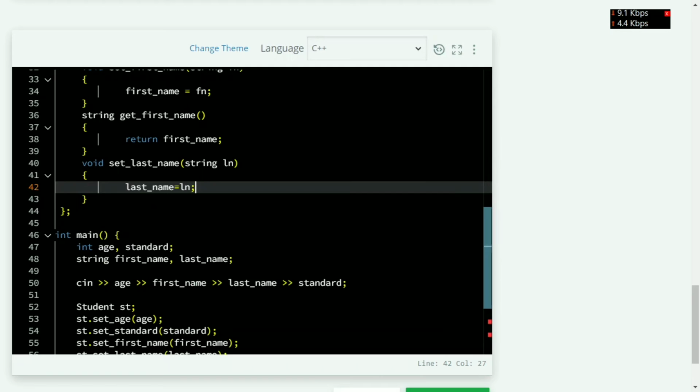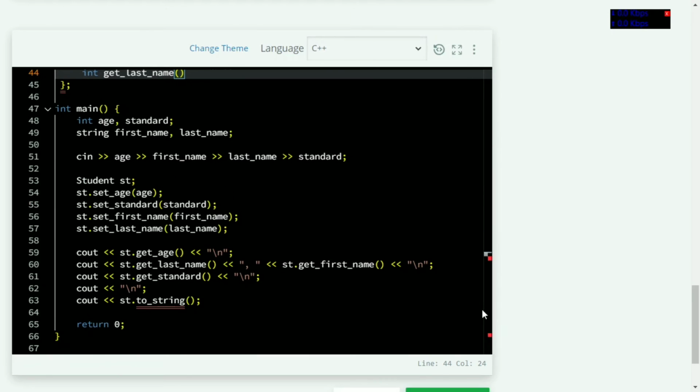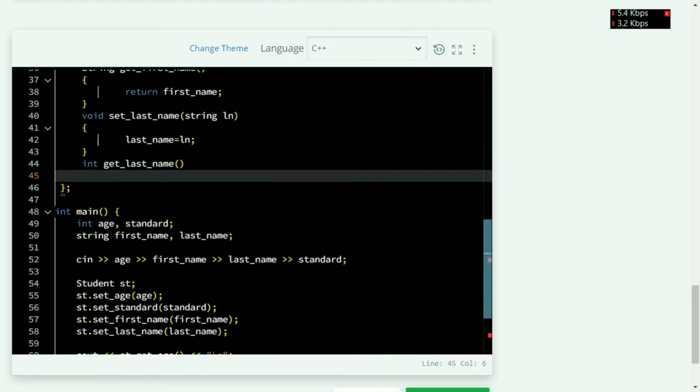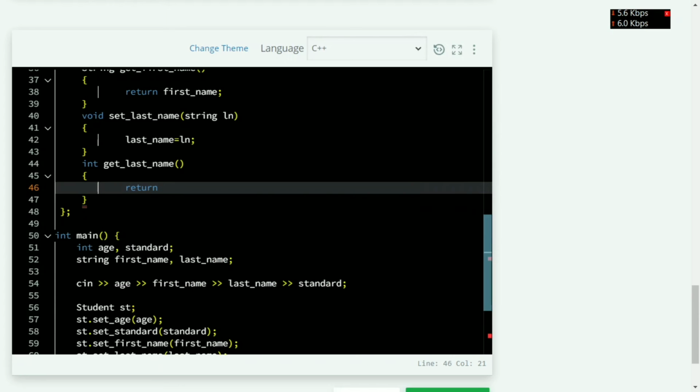Here we have to return the value, so string get last name. As you can see here, we have to use get last name, and it will return the value of last name.